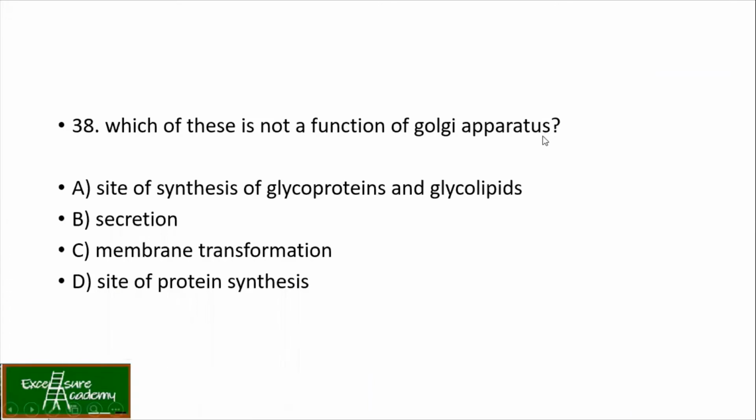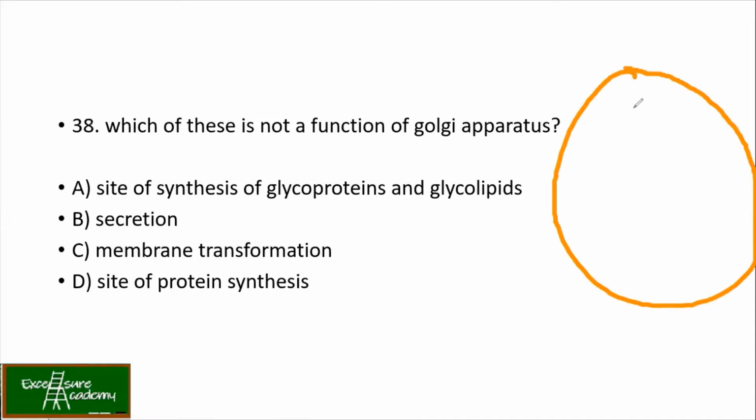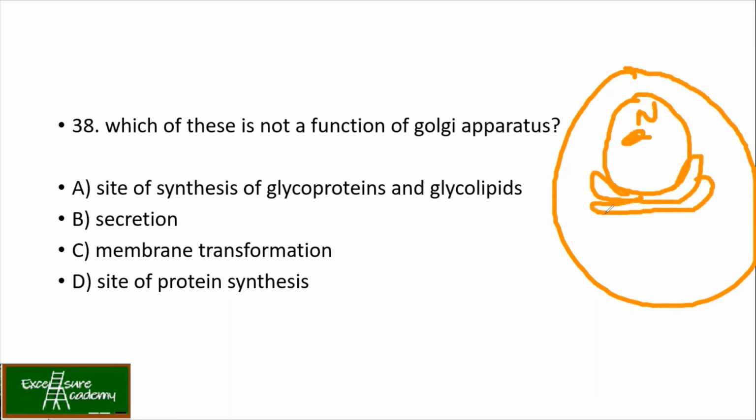Now, which of these is not a function of Golgi apparatus? So, in the case of Golgi apparatus, if you remember the structure, a plant cell is there. You have got the nucleus. Okay, so DNA is there. Then we have got the ER, and from ER we have got the Golgi. Okay, so we know that when a signal is given, when a gene is regulated, a protein is synthesized. It can be synthesized on the free ribosomes or on the bound ribosomes. Okay, so on bound ribosomes, the proteins are then modified in the ER and then transported to the Golgi.